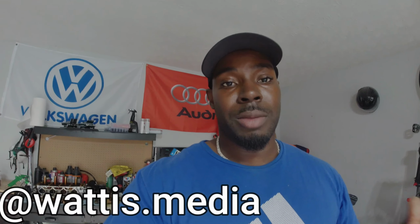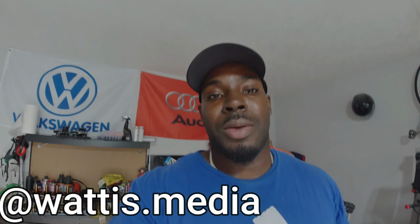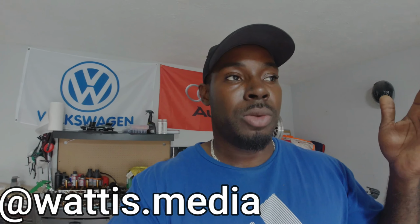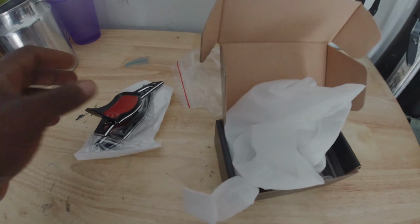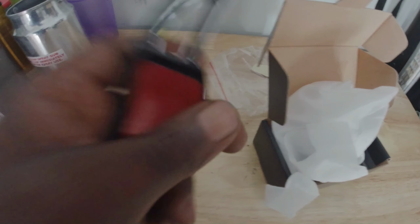There was a part that just came through the mail and I'm super excited to put it on. I just can't wait, so I'm just going to do it right now. I figured I'd show it to you guys last minute, so let's take a look at it. I already took it apart just to see how it looks and how it feels, because I was really excited to install these parts. What I was really waiting on